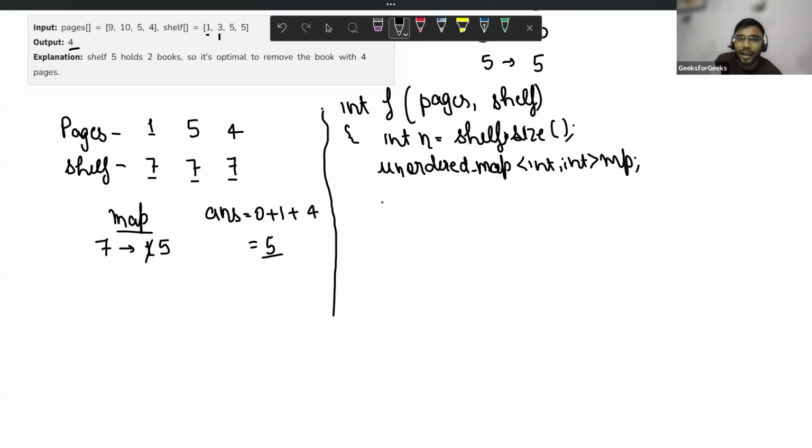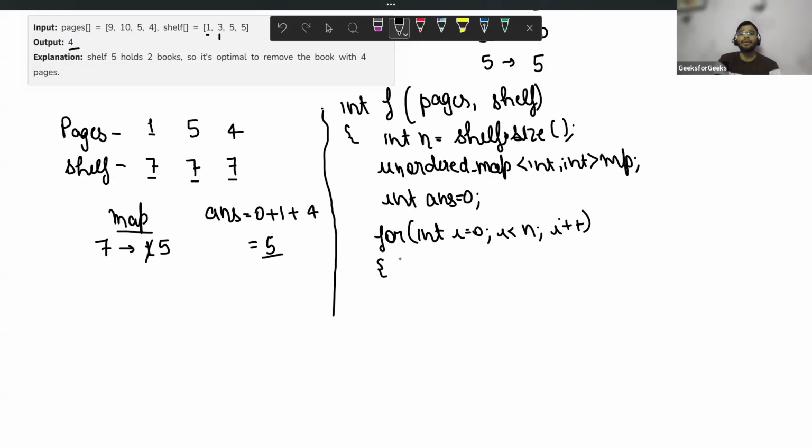Yes. After that, can I take the answer variable as 0? Yes. After that, traverse through the shelf as discussed: i less than n, and see if this shelf is already present in my map.